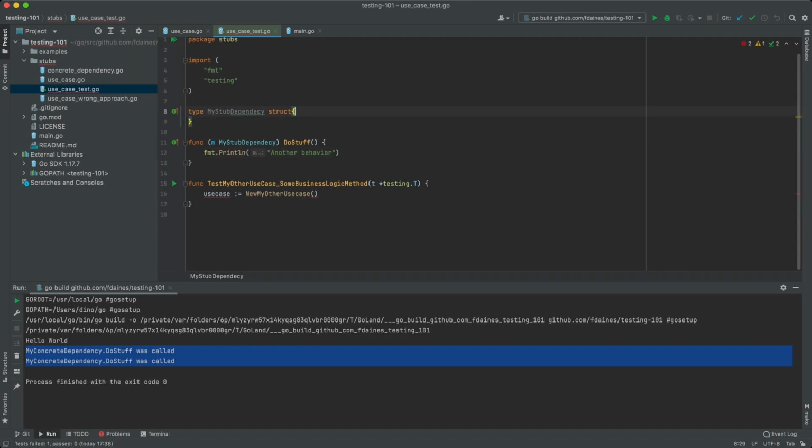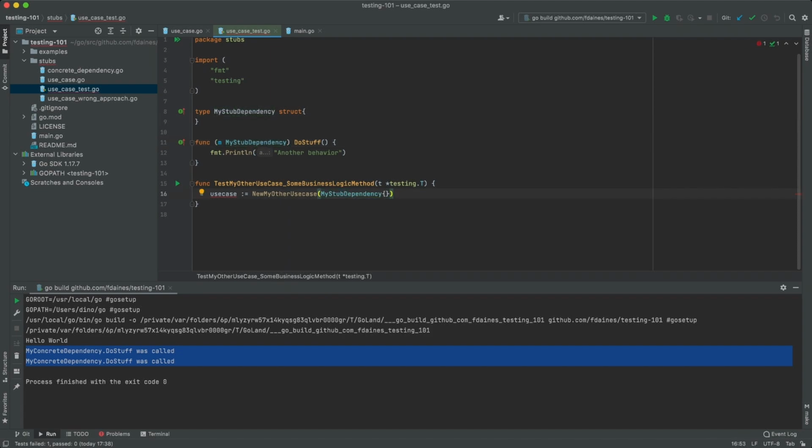This is another implementation of the my dependency interface. It complies with the signature, so we can pass an instance of this my stub dependency, sorry for the typo here, to the constructor of this use case, and then we can call the use case dot some business logic method, and finally